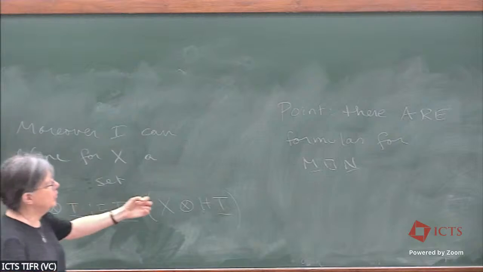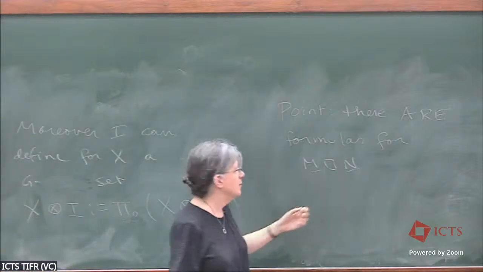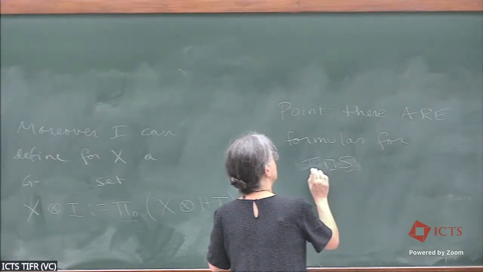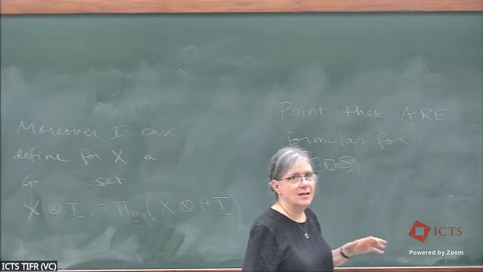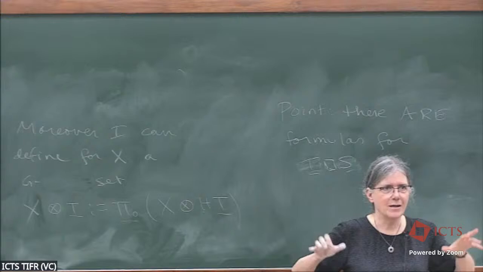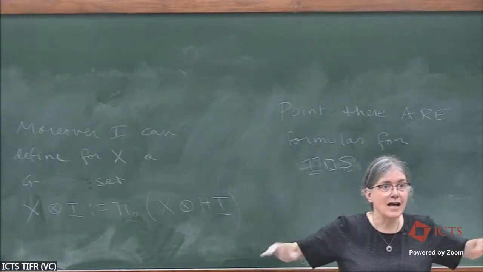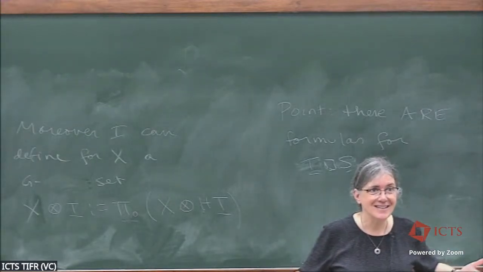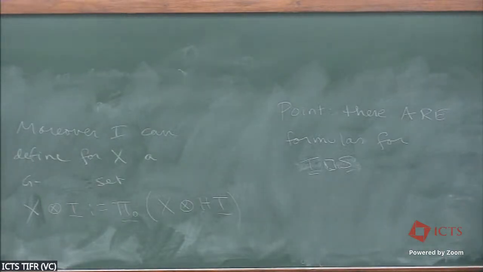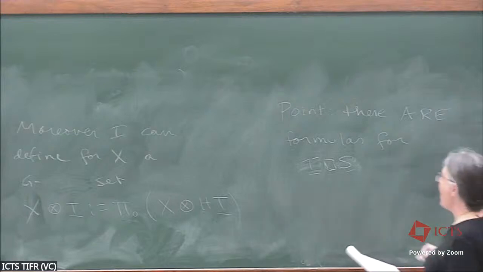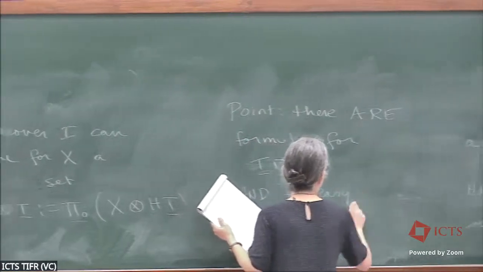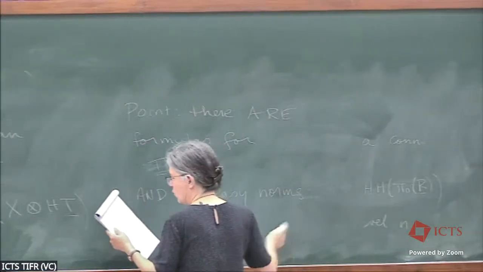Okay, so this looks like a cheat, but the point is, and this is also a cheat, it sort of cancels. There are formulas for M box N or T box S with T and S Tambara functors. And actually the reason they're not so bad is that the box of two Tambara functors is the box of the underlying Mackey functors, except there's a product and all the extra structure on it. So like the equation I wrote for the box product in the CP case, it works here. And for easy norms, so for example,